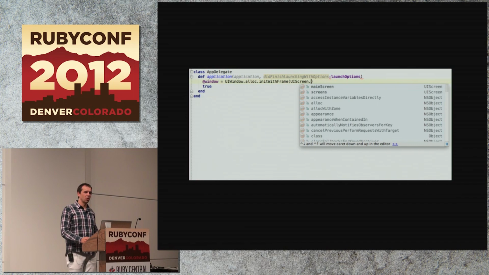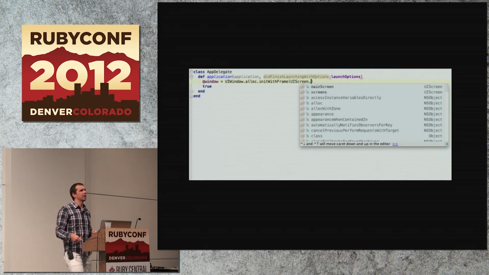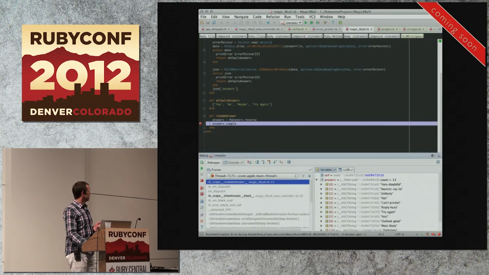And as a very early user of RubyMotion, having to go look up the APIs and then typing them into my TextMate editor and then going and looking up the APIs. And I was doing it, right? Because it was still fun to do, and I was doing it in Ruby. This has helped tremendously just in the last few weeks that I've been using it. It just continues down to be able to do it. So this is coming soon.